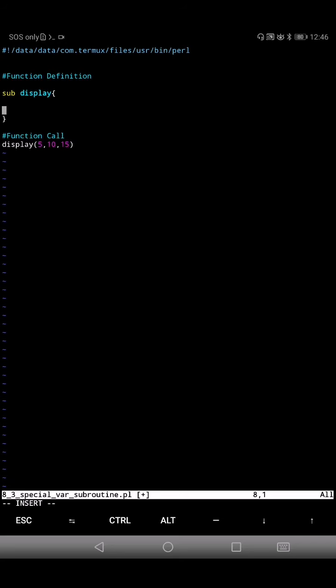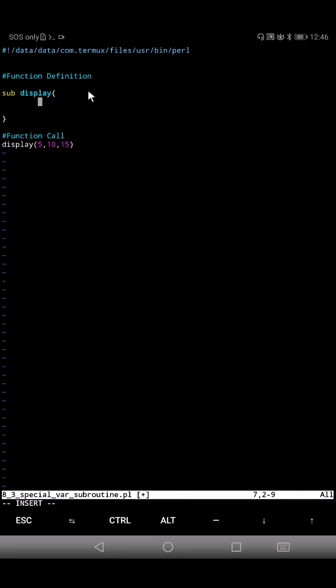Okay, so now we want to capture how many arguments we pass. In this case we can see we are passing 3 arguments, isn't it? So this is 1, 2, 3. So we shall get output that total value passed is 3.